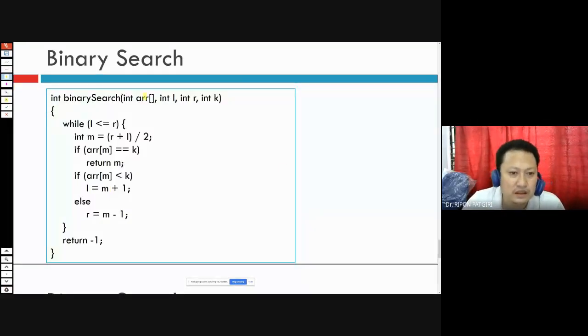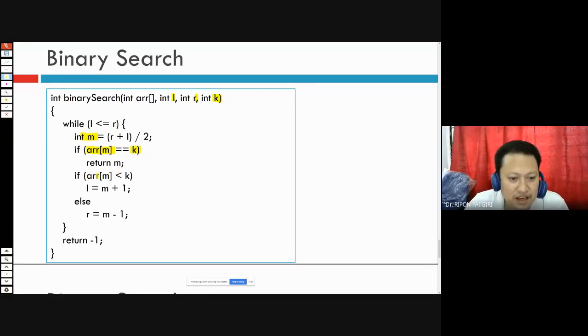So how do we write the program? This is left and this is right, or low or high, whatever you term it, and K. This K is the key, and while low is less than or equal to R, if this condition is true, then we have to divide in half. Middle M is left plus right divided by 2. So A of M equal to K: if the array of middle is equal to the search element K, then return it. No need to proceed further.